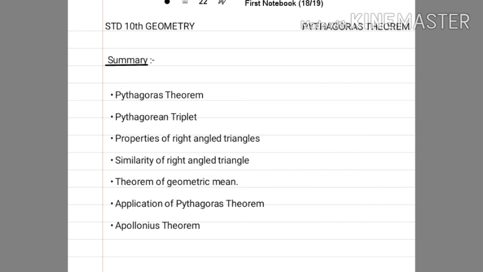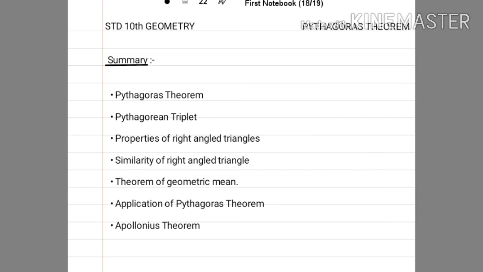The next thing which we learned is the Pythagorean triplet, in which we got to know that there are three numbers, and the square of the greatest number is equal to the sum of the squares of the remaining two numbers, right? This type of question is generally not asked in your exams, like whether it is a Pythagorean triplet or not, but since your syllabus or the paper pattern has changed, it can be asked sometimes. So learn this concept also.